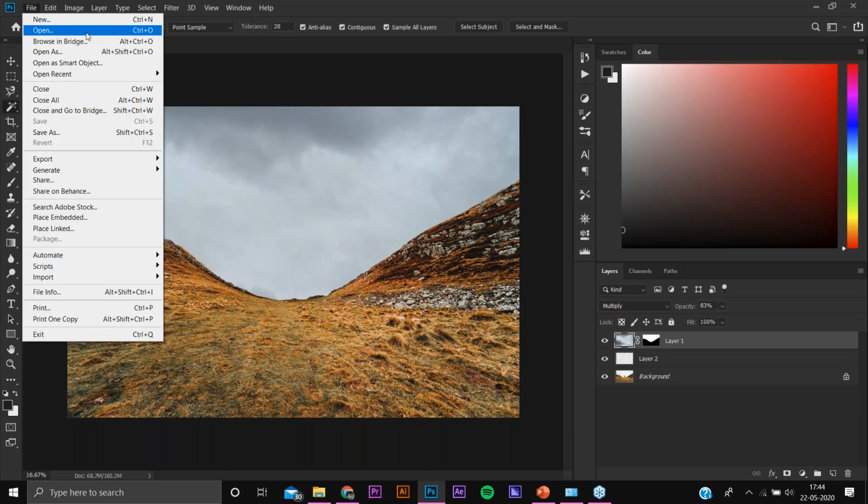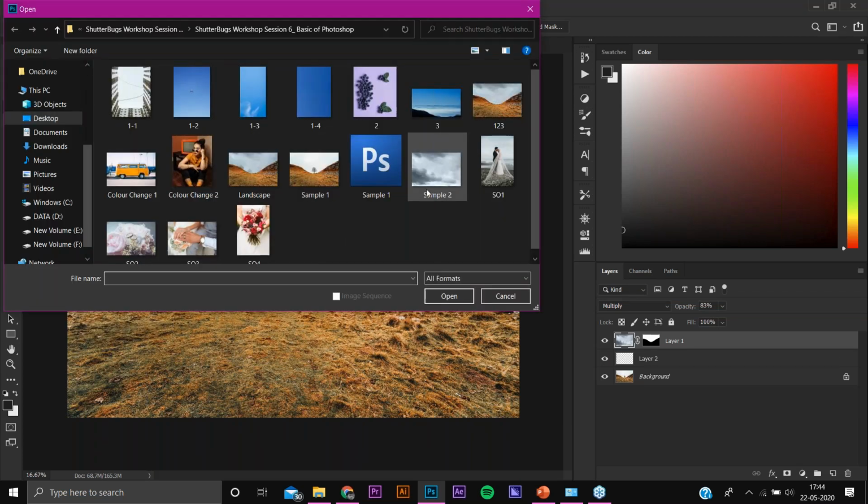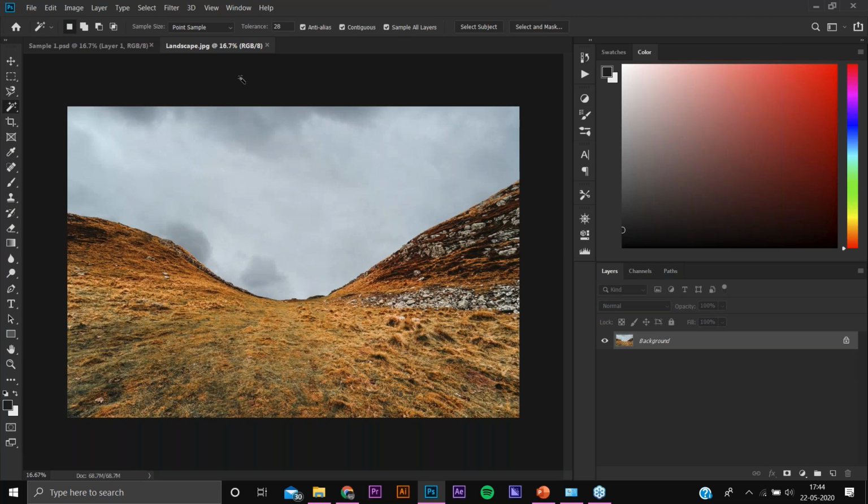In the meanwhile, if we open a normal JPEG document, which now I have saved, we will select this as the normal saved document. Say open. It's almost the same, and it doesn't have any layers in it, if you see in the layers panel. This was what we did.